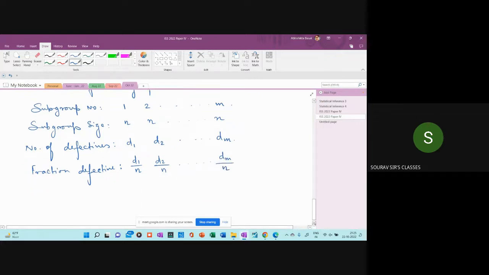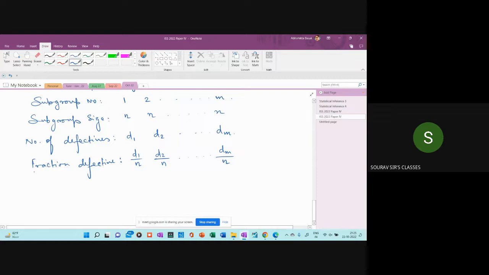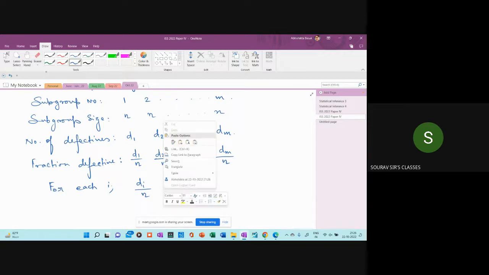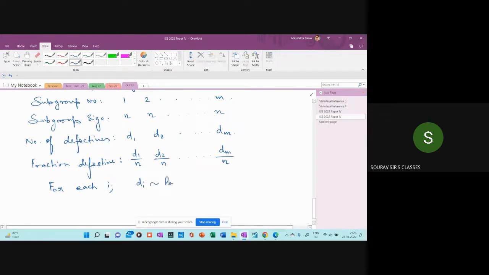So Di by n in general, for each i, is basically the fraction defective. Instead of that, what I can do is find out the distribution of Di. This Di follows binomial n comma p for i running from 1 to m,